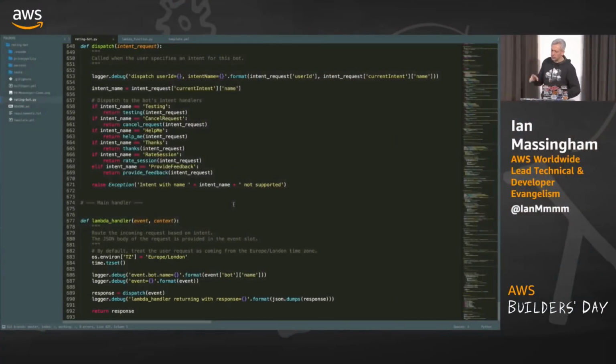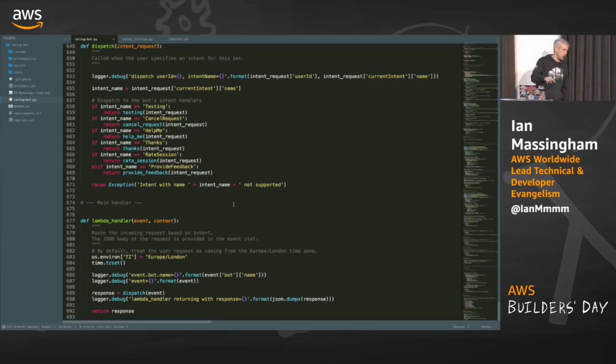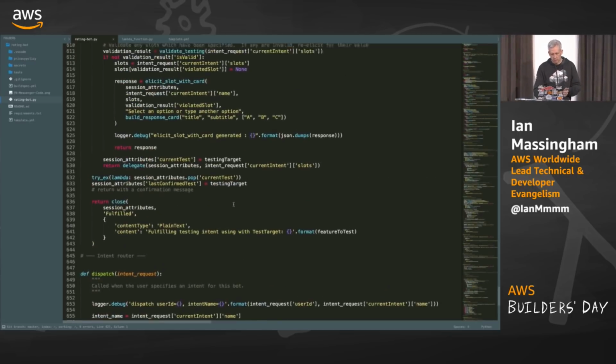So that's really a usability feature, but it's a usability feature that you need to know about because it can have unexpected consequences if you're not aware of the fact that the intent resolution engine is constantly active within the language model at the front end. Okay, so that's a kind of thing to know about in building systems. And then I have a testing intent, which I obviously use for certain test features. And I'm just getting started with a new intent, which is not implemented at the front end, but is a sticker request intent, where you'll be able to request AWS stickers. And this is where my custom slot comes in for postcode capture, which I'll show you in a little while. So I'm building other stuff into this system as well.